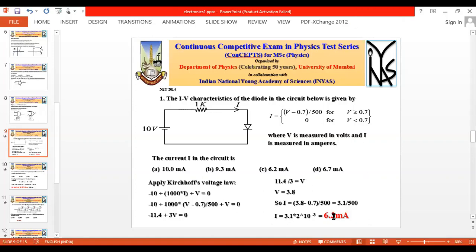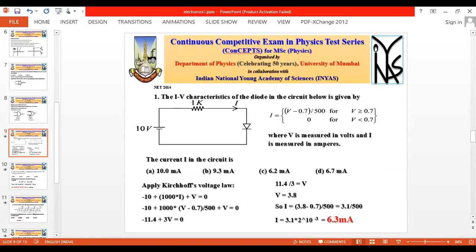Okay. In fact, I would like you to stay on the same slide. There are a few more questions related to the same question. Yeah, there's one more question. Why did you use Kirchhoff's voltage law instead of Ohm's law here in the same question? Okay. So there are certain unknown things. The 10 volt is applied.